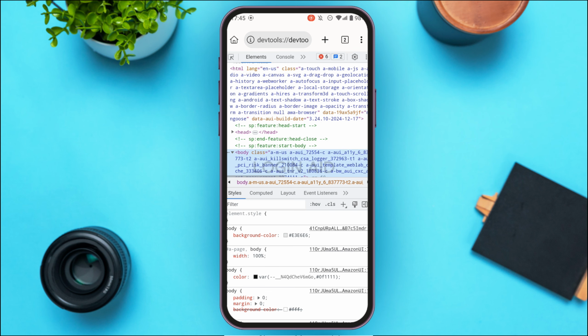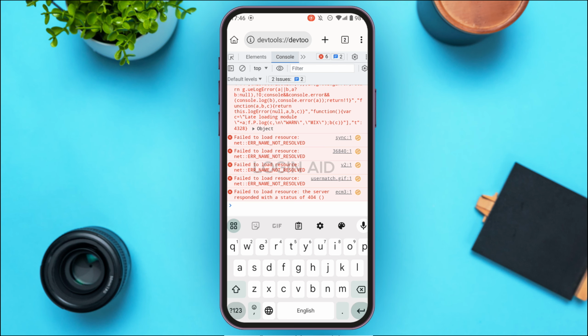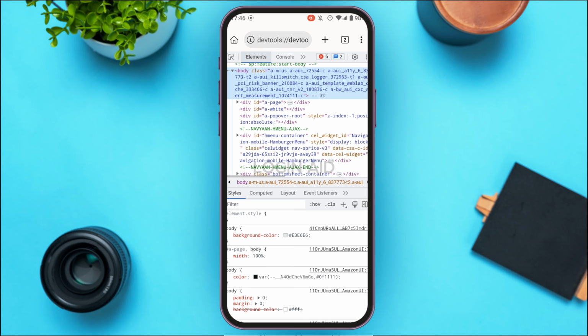Now you can see over here, a new tab will be opened. Now you'll be able to see the elements over here. Also, you'll be able to find the option for console. Make sure elements is selected. Now you'll be able to view the elements from here. Go ahead and use your creativity to make temporary changes for this website. So that is how you inspect elements on Android